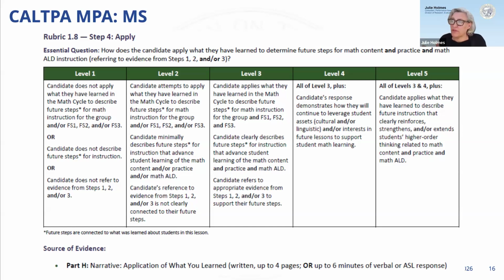And if you're looking at level 3, like Marissa mentioned, flip it to a question. How did you apply what you've learned throughout the math cycle, and so on. And put them in peer groups. If you're having faculty one-on-one discussions, there's lots of ways to really bring this into the coursework so that they're making those connections.